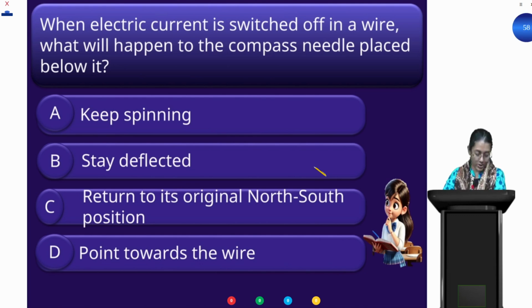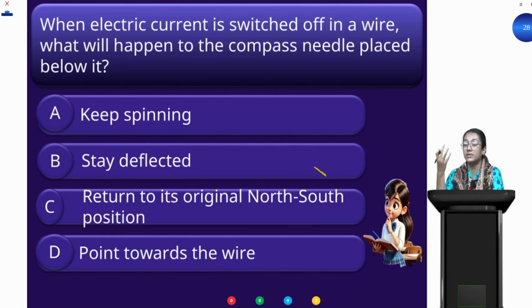So I have started the timer. Try to answer everyone, okay. What will happen? Try to remember the one which we saw in our activity today. We prepared one circuit, isn't it? And there were 2 nails, and under the nails we placed one electromagnetic compass,